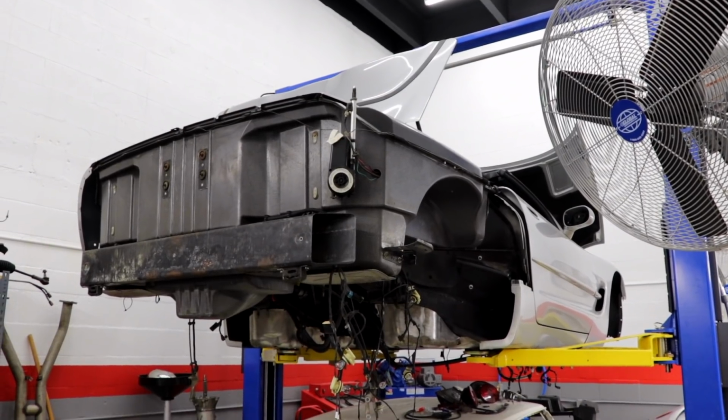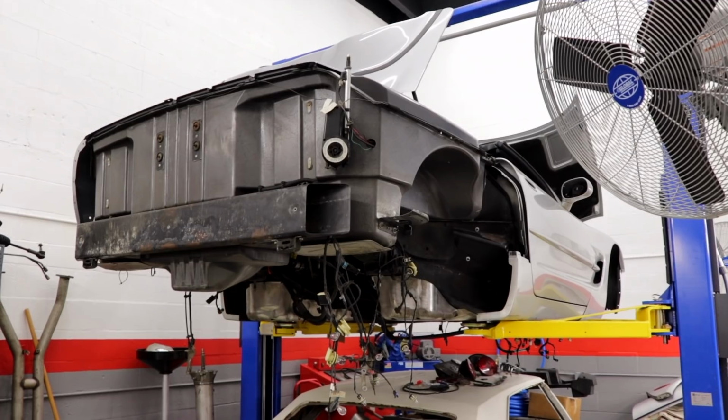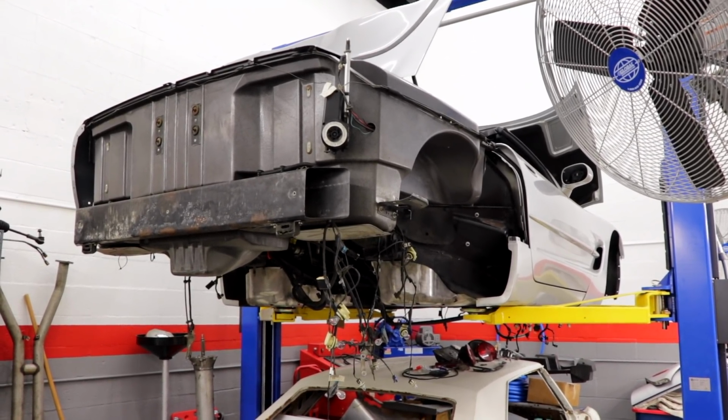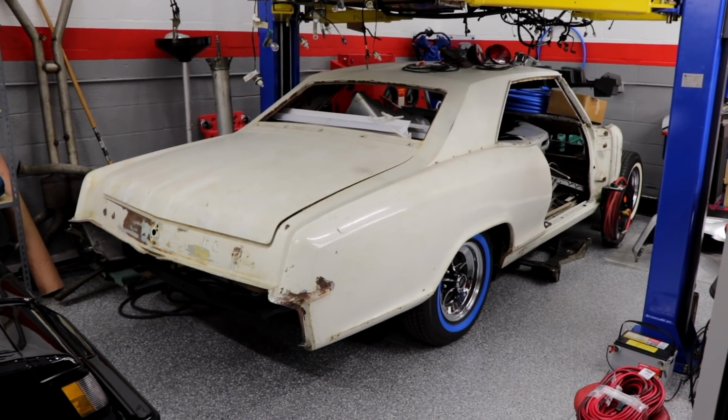Here's a view from the back side of the Corvette up on the top rack. As you can see, I've got the car completely apart. The complete running gear is out. The suspension, engine, transmission, everything is disassembled. Now below the Corvette, we have a